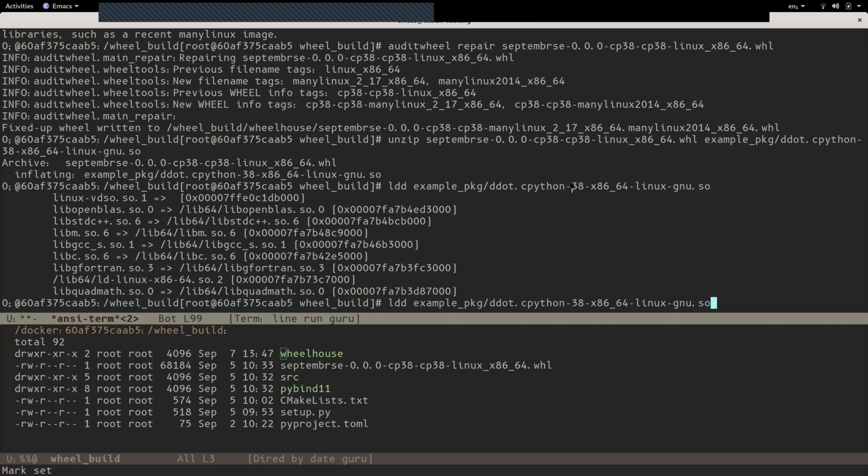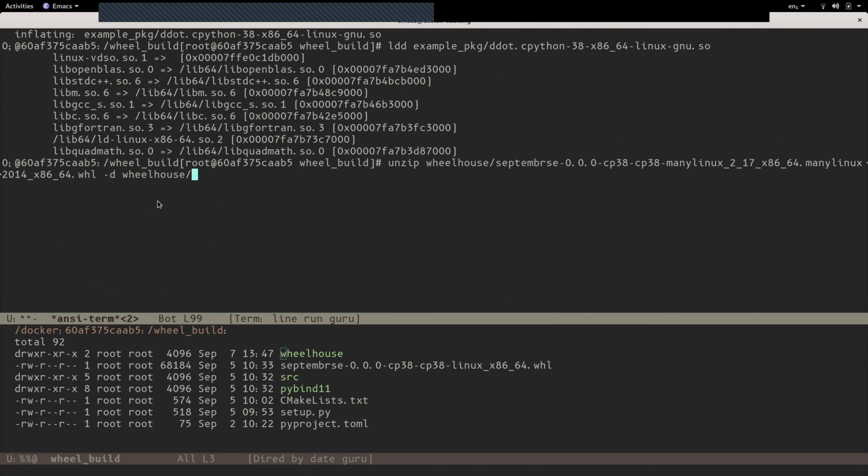And so if I use auditwheel repair, it's going to actually identify the libraries that we don't expect people to have, and it's going to copy them inside the wheel, and then it's going to modify that compiled extension to actually record the location of the library in the wheel. And so now I just want to show you, give me a second. If I now extract the extension module for the repaired wheel,